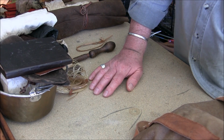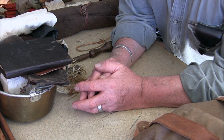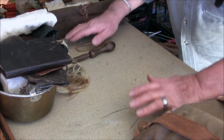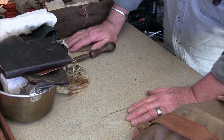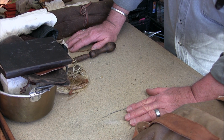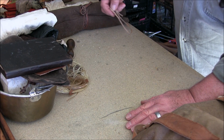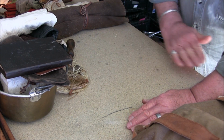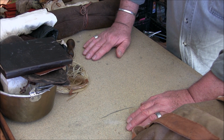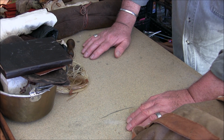Inside my blanket roll I carry extra clothing. Now the reason I carry the extra clothing is I do most of my journeying in winter. And you've got a choice. You can either carry two blankets, which is bulky and it is heavy, and I have not read about any woodsman carrying more than one blanket. So many years ago I set about trying to figure out how they managed to do it, and I found many records of people that doubled up on their clothing, wearing a jacket and a coat, sometimes two coats, sometimes two pairs of breeches, things like that. So I worked out what I needed,